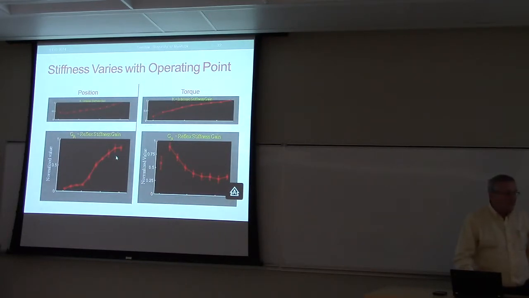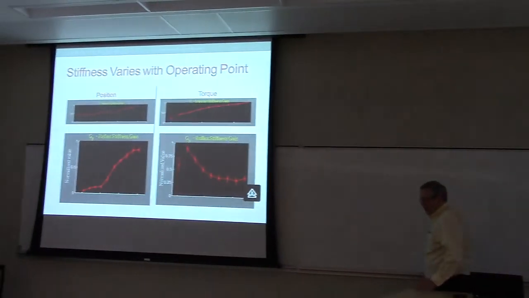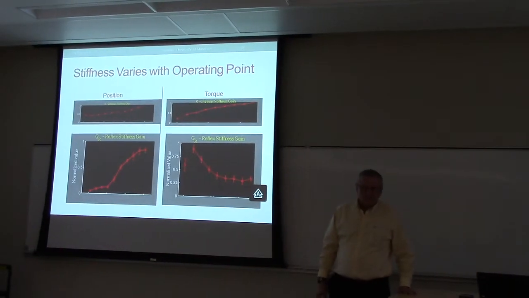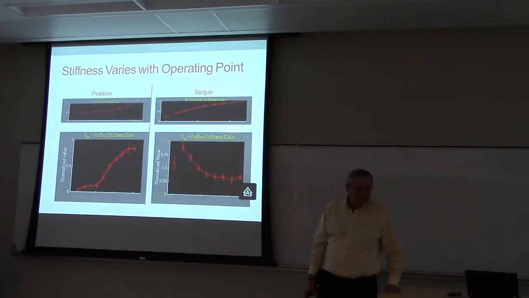Sorry to interrupt. This is for the ankle joint. Yes, ma'am. Right? How many degrees of freedom did you assume for? So the ankle joint, we're only looking at plantar flex and dorsiflex. Sure, I should have made that clear. There is another degree of freedom, inversion and eversion, which we didn't look at. And in fact, one of the advantages of looking at the ankle is that you can actually individually stimulate. Neville Hogan's got some papers that are just coming out where he started to look at the multi-degree